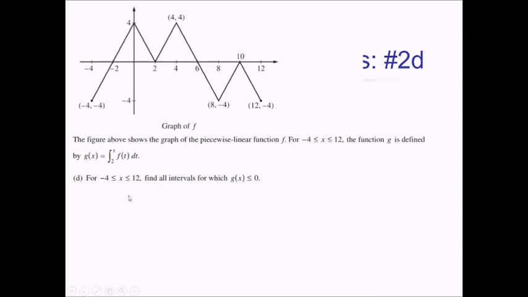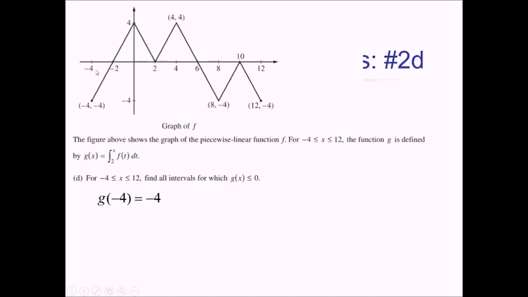For this part of the problem, they want to know for what x values on the interval -4 to 12 do we get g values that are less than or equal to 0, so non-positive, so 0 or smaller. All right, well, we already found before that g of -4 had a value of -4. That was back in part C. So just going from left to right, let's just start adding or subtracting areas